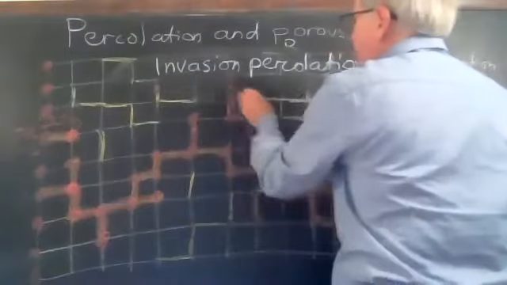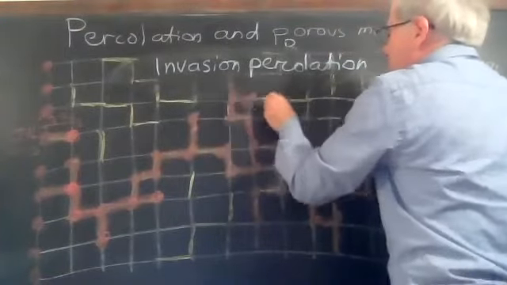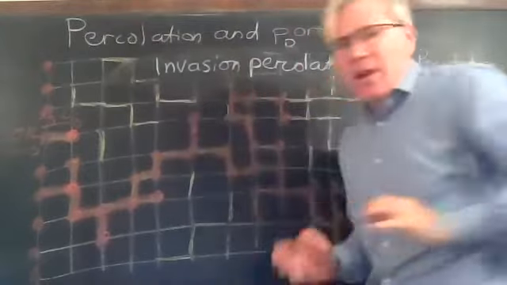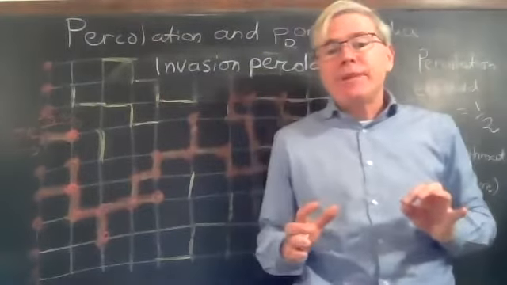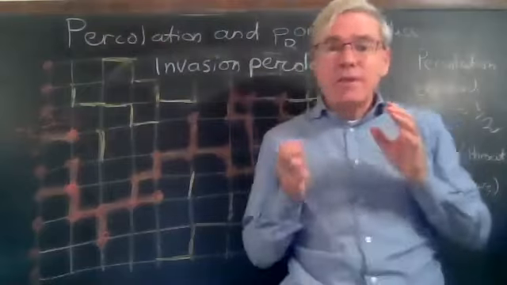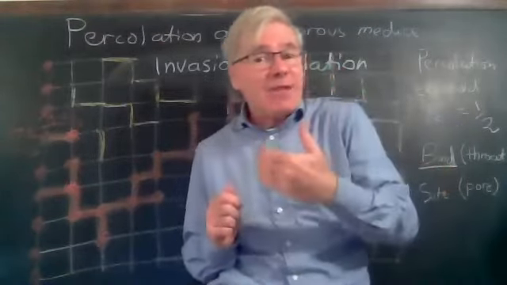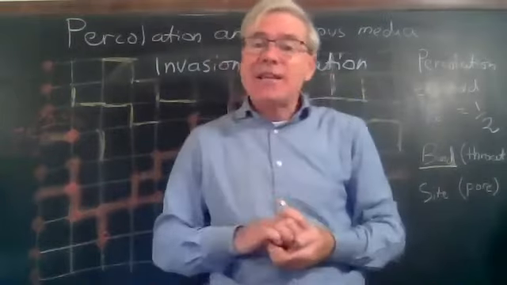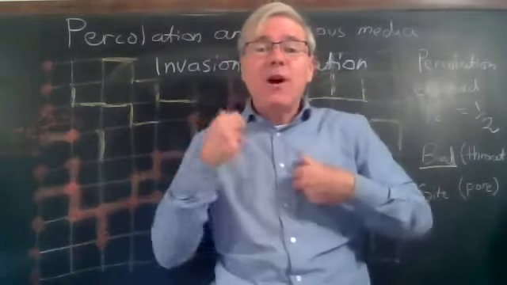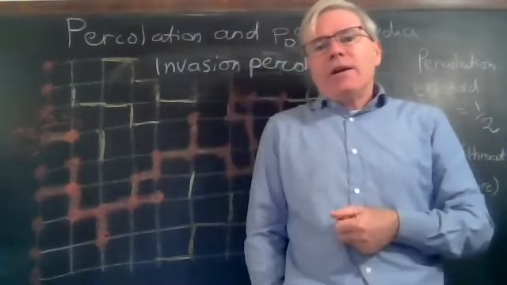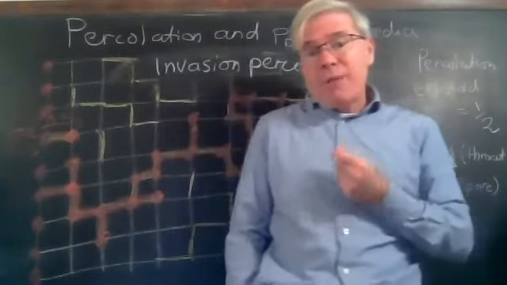But as I inject further, I can start filling other regions. I can get the oil better connected. There may be more paths through the network. So an invasion percolation process is simply filling in order of size, but where we have to be connected to the inlet, as opposed to ordinary percolation, where I fill everywhere. The last point about percolation